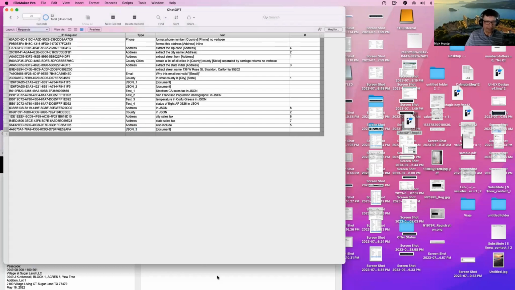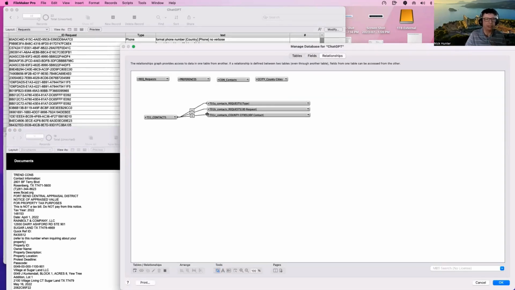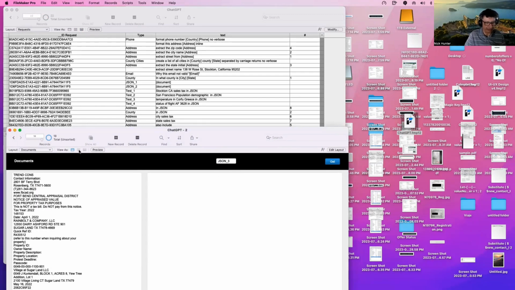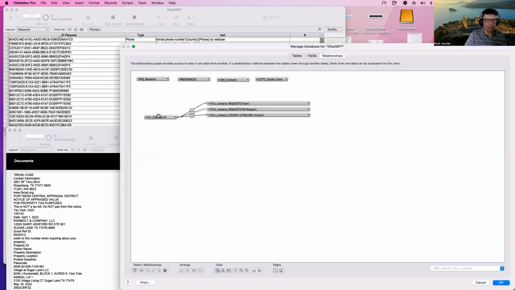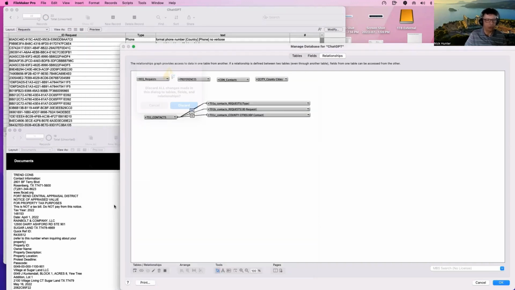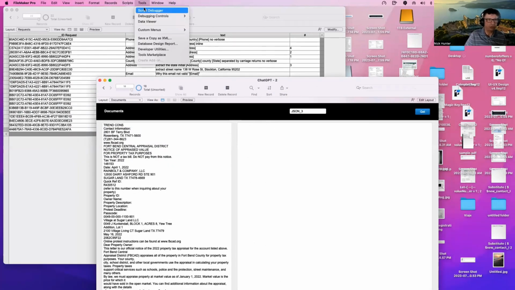And automatically, because I have a relationship between the document table and the request table, I can link that record directly, like I did here. When I am in documents, I'm in this tier 1, and I want to send a request, so I want to select the request. Here is the request I want to send. Here I'm using that field to link the contact table to the request table. So I want this request here, right? And ChatGPT automatically,